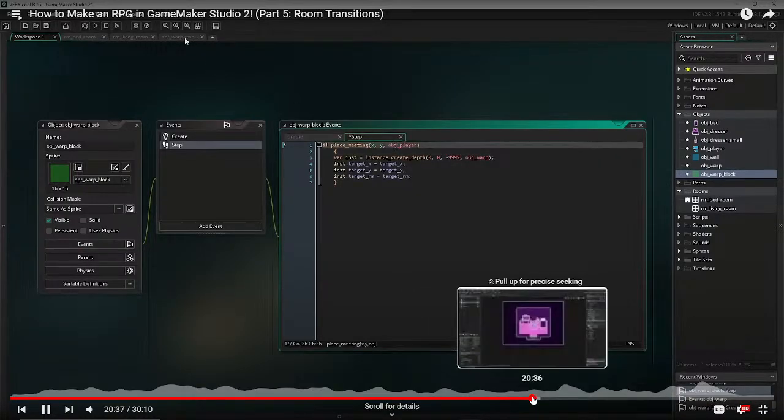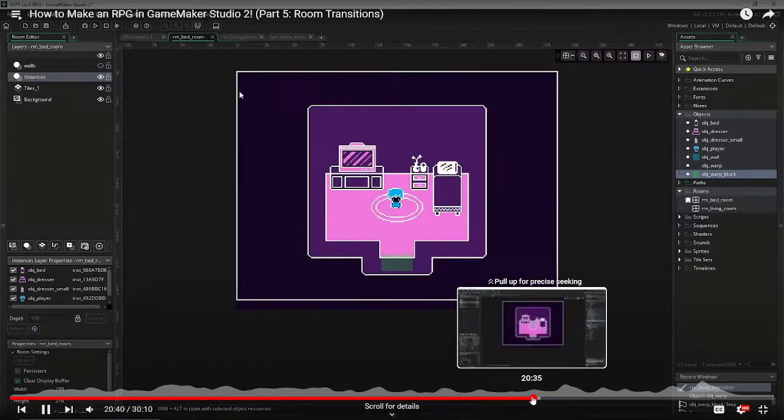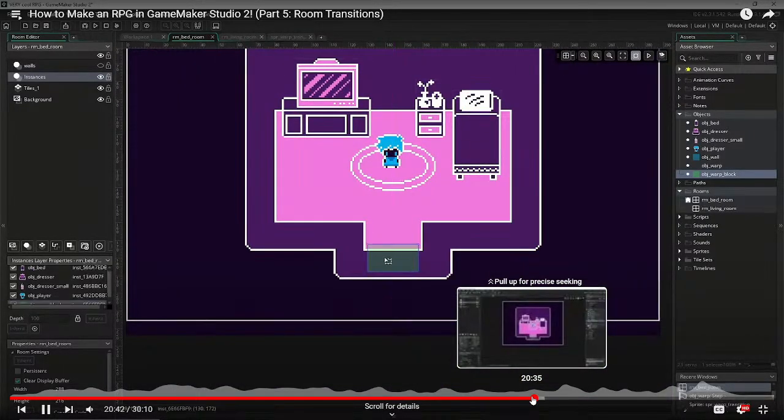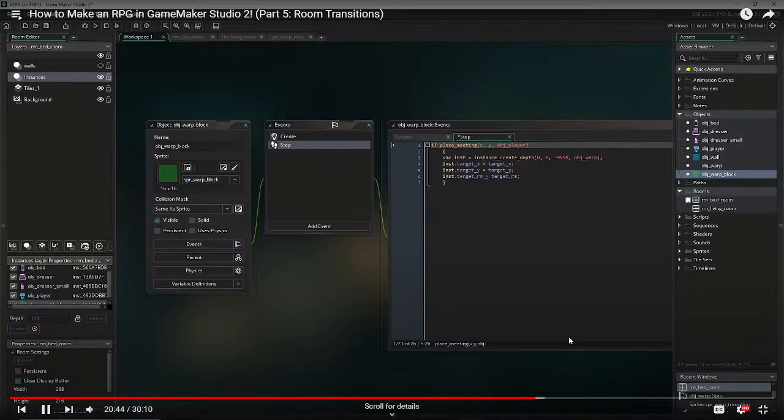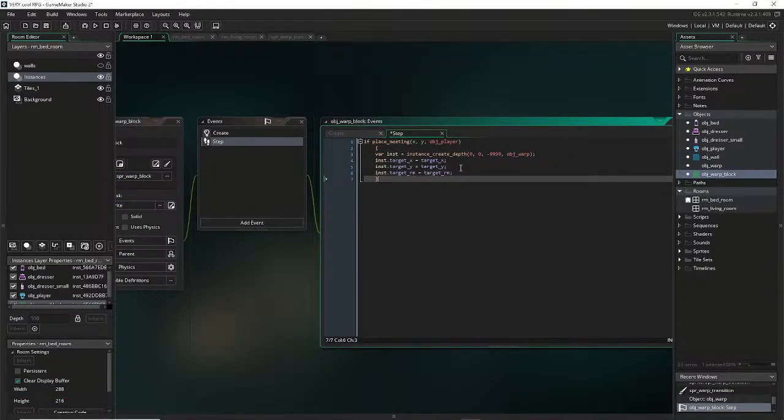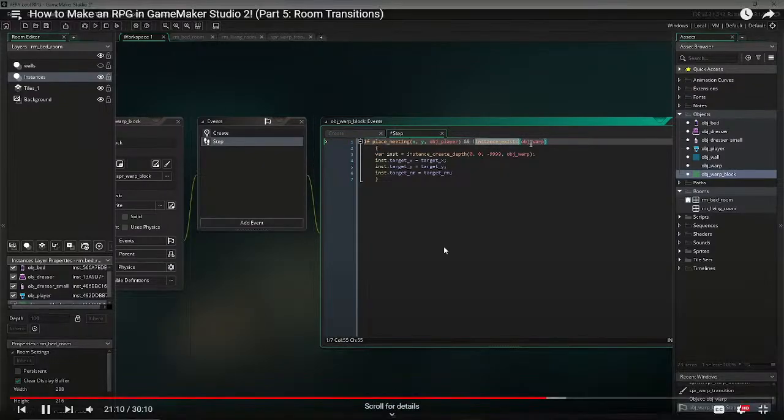If the player is touching this warp block, every single frame that the player is touching it is going to create one of these warp objects. And we do not want that. So we're going to do one more check. We're going to say if the player runs into this block and not instance exists object warp. So a couple new things here. Instance exists is just a function that checks if there is